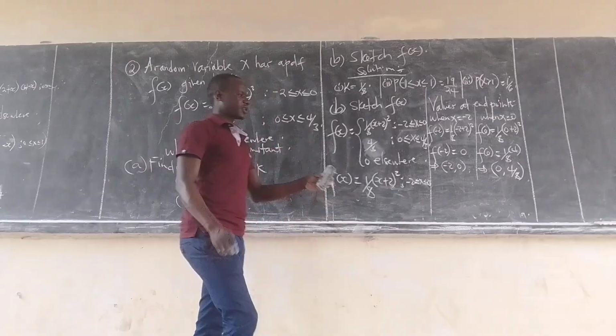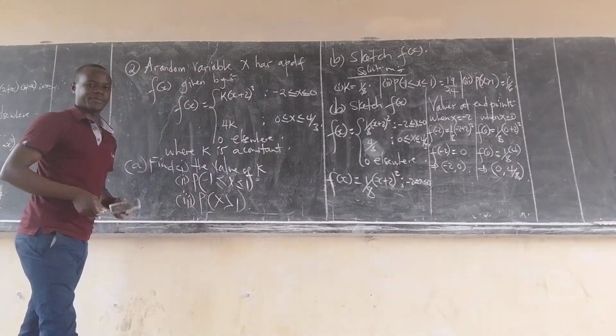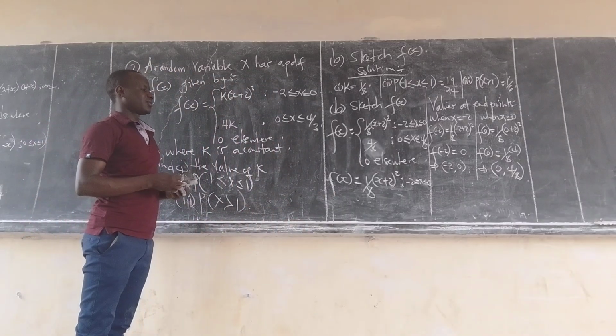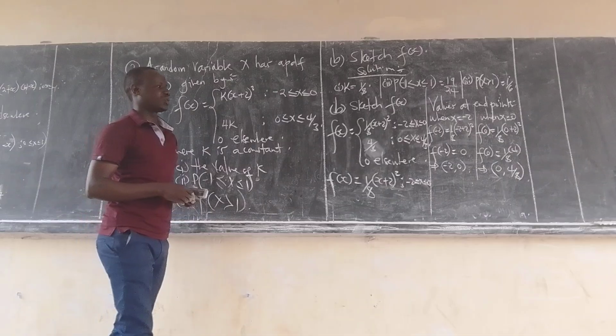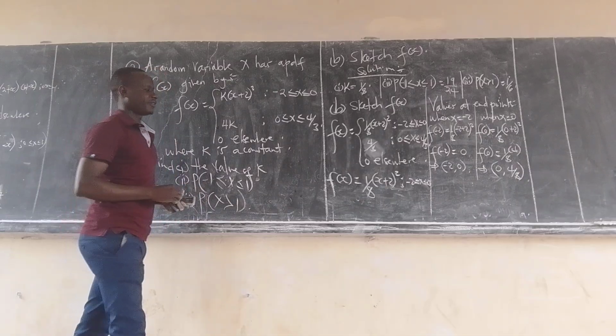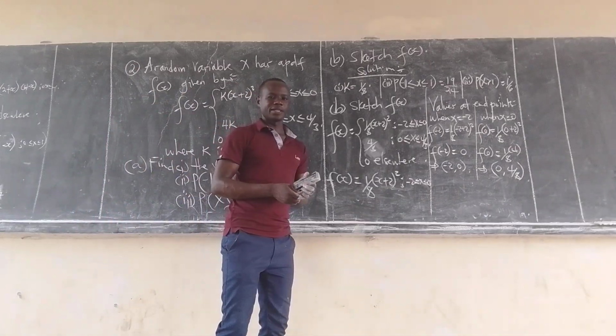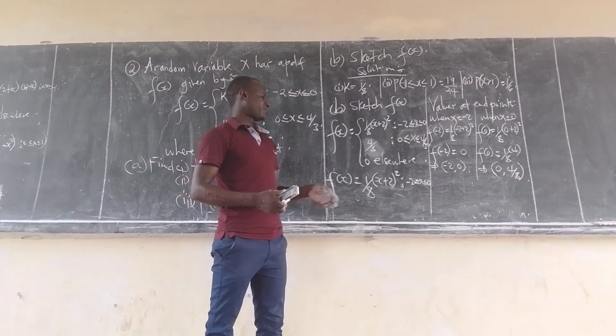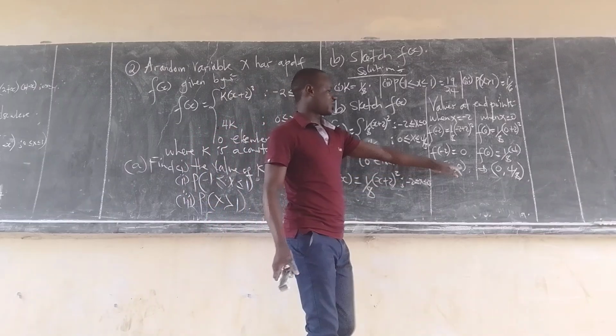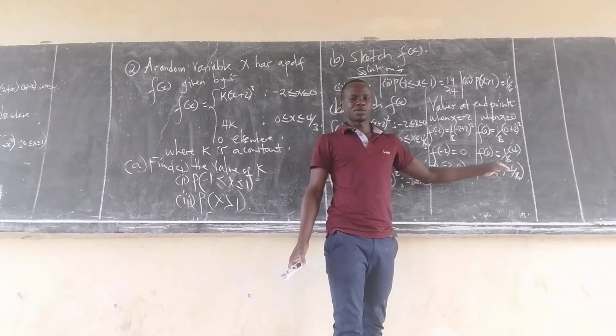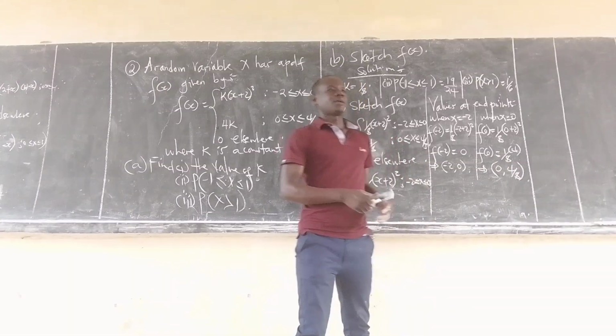There is a reason for keeping it as a 4 over 8, and we shall see it when it comes to sketching. So those are the values at the endpoints for our nonlinear PDF. It is meant to begin at negative 0 and it will end at 0, 4 over 3. After finding